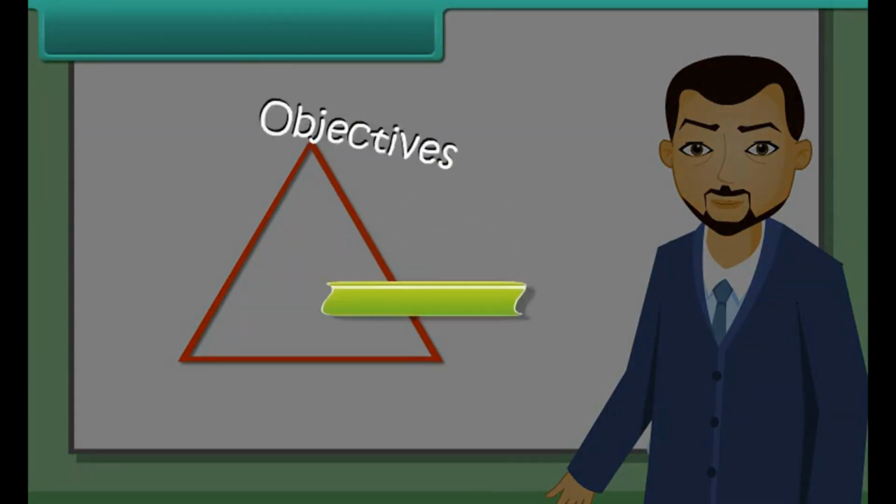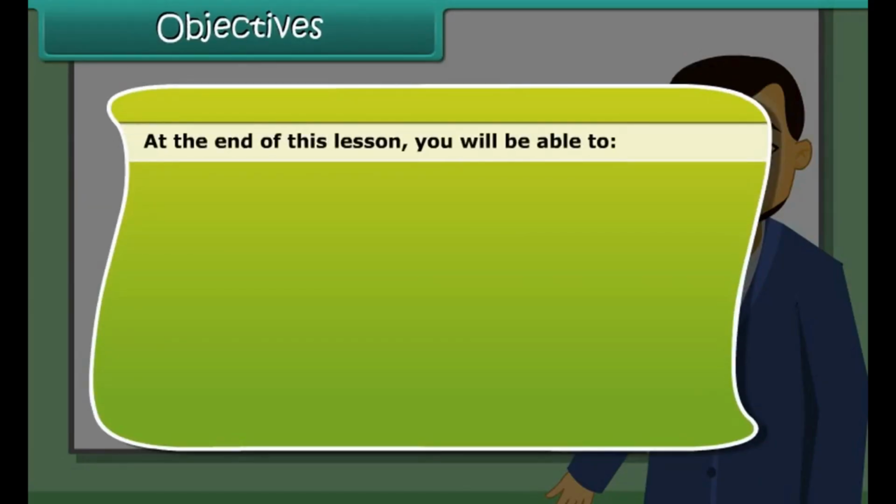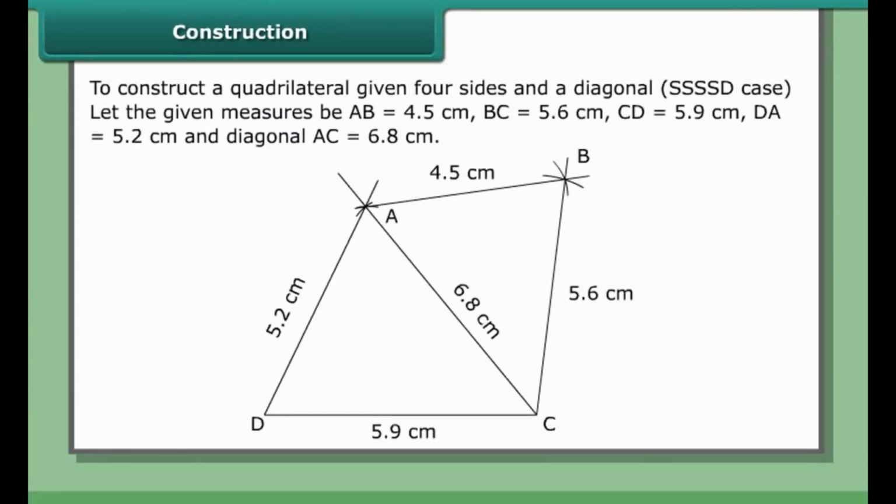Objectives. At the end of this lesson, you'll be able to construct a quadrilateral and construct a square. Construction. To construct a quadrilateral, given 4 sides and a diagonal,